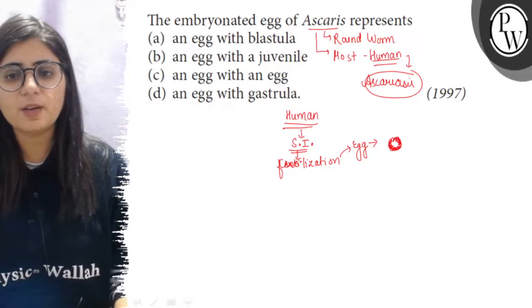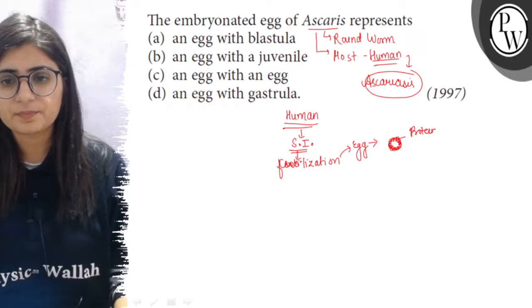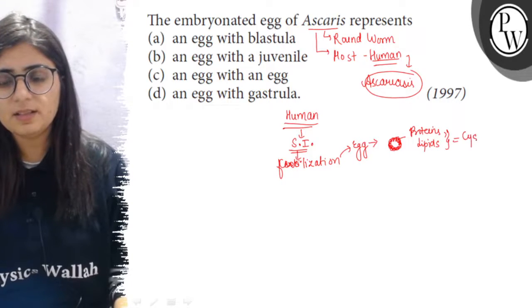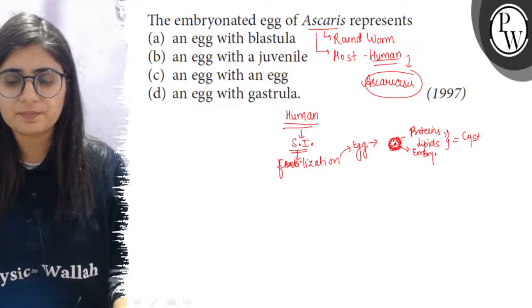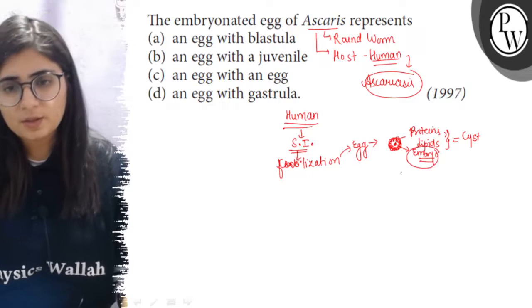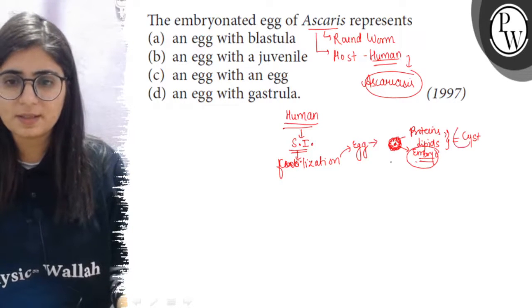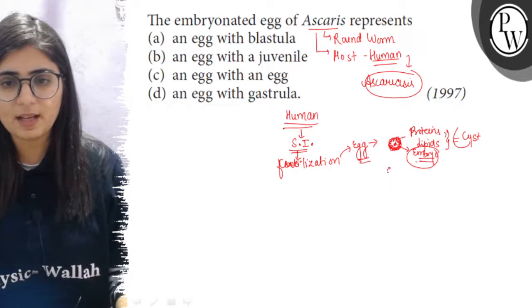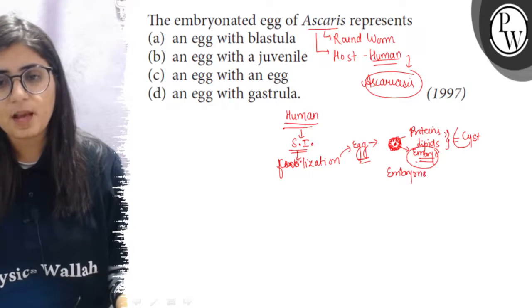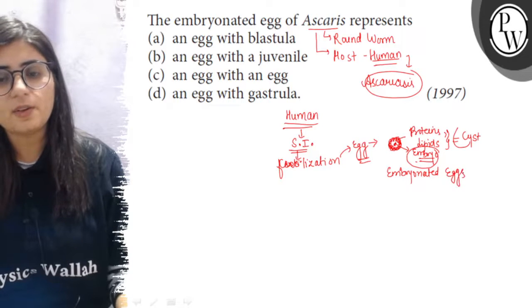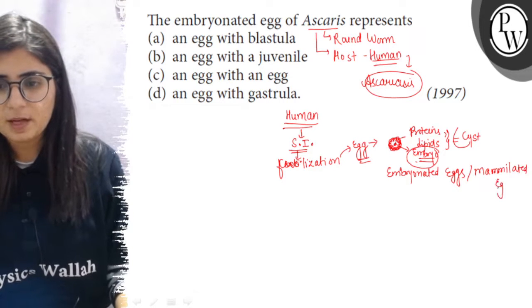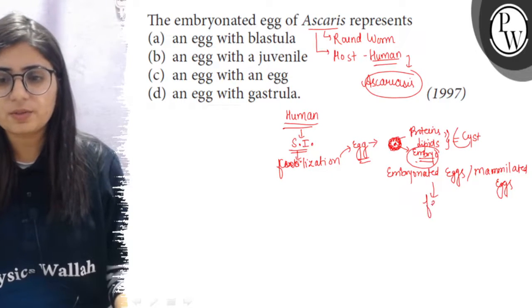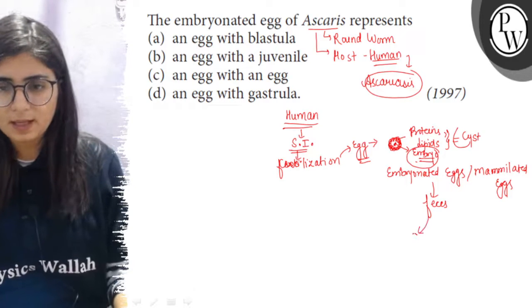and this covering is made of proteins, lipids, and this is called the cyst, and here is the embryo present. Now these embryo covered with this cyst, these or the eggs which are having this cyst, they are known as the embryonated eggs, or they are also known as the mammaliated eggs. Now these eggs come out along with the feces of human beings, and